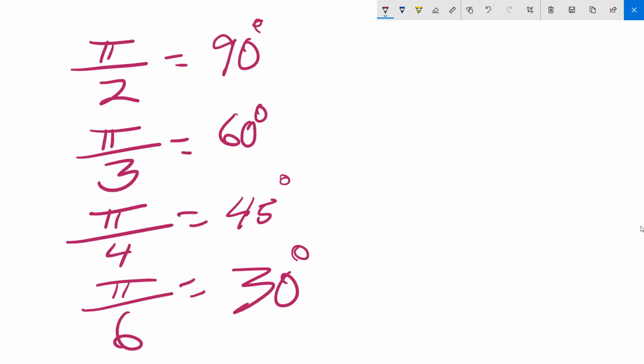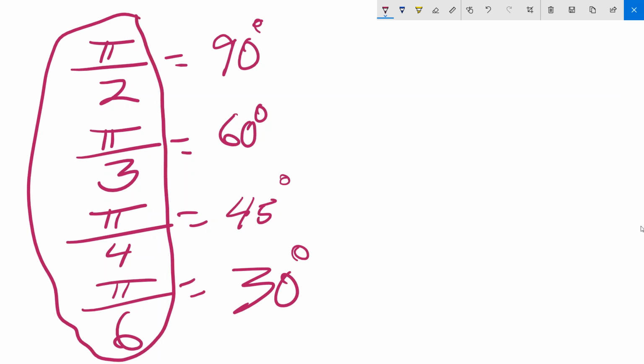Notice how much easier it is to memorize this. If you're dealing with first quadrant angles, which all of those are, all you have to do is use this simple little method of converting to degrees. Just make sure your denominator multiplies the degrees and comes up with 180. So, once you get this down, and you get it down well so that you know those 4 relationships right there,